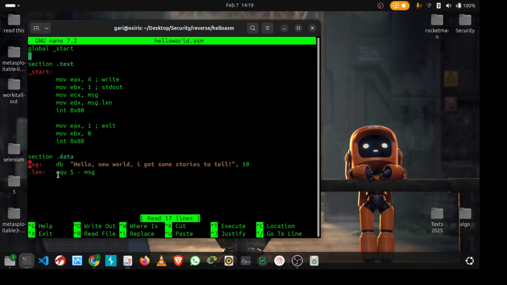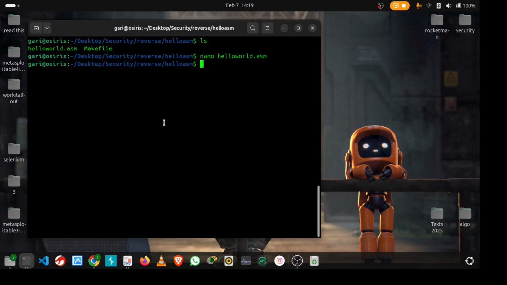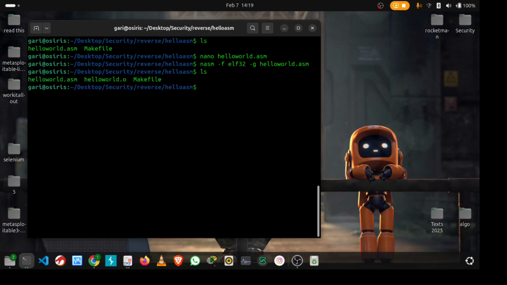So the first thing we're going to do is to build the program, and I'm going to use NASM, the network assembler. And what this does is it will assemble the assembly code into an object file. And after we execute that command, so nasm -f elf -g, so -f just specifies the format is an ELF32 format. ELF is the extensible Linux format or file, I'm not sure. But yeah, so we have a hello world.o file here, which is the object file that we're going to use